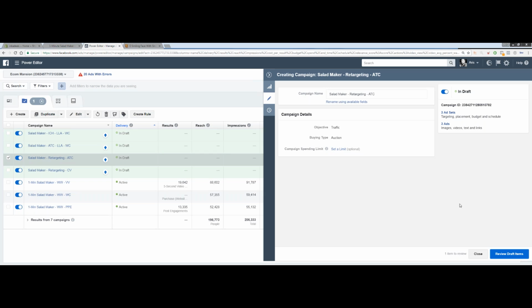Also, where are the basic analytics that we should look out for? In the testing phase, look at website purchases, cost of purchase, add to carts, and cost of add to carts. That's really it. You're just looking at if you're profitable. That's all you need to know. For the first 24 hours, you're going to look at your add to carts. Is it too expensive compared to what I'm selling and how much I'm paying for the ads? Cut it. If there's no purchases, is it okay? Did it improve from yesterday?